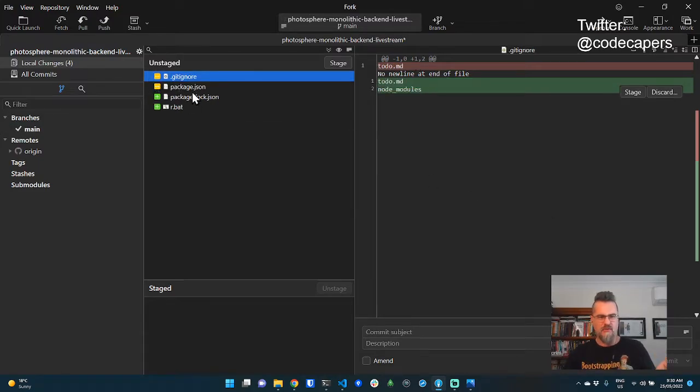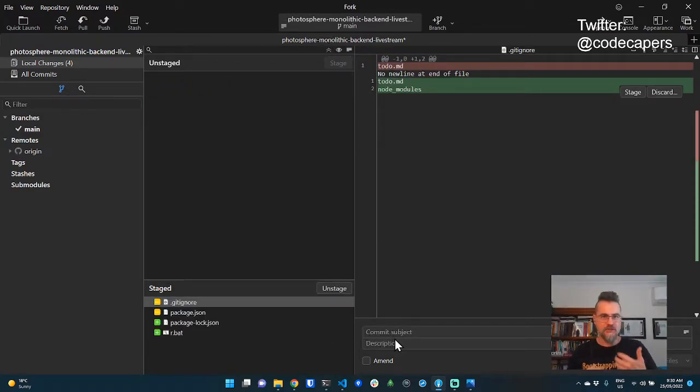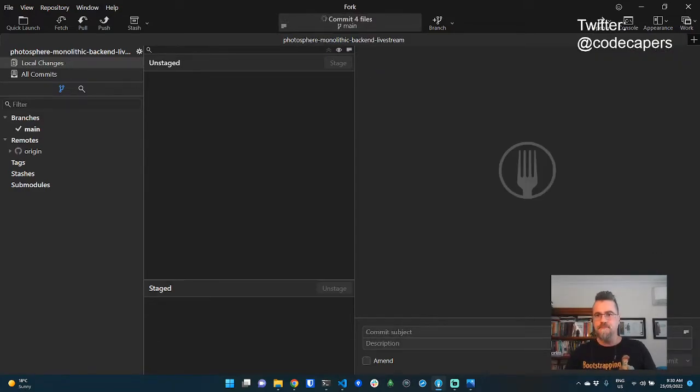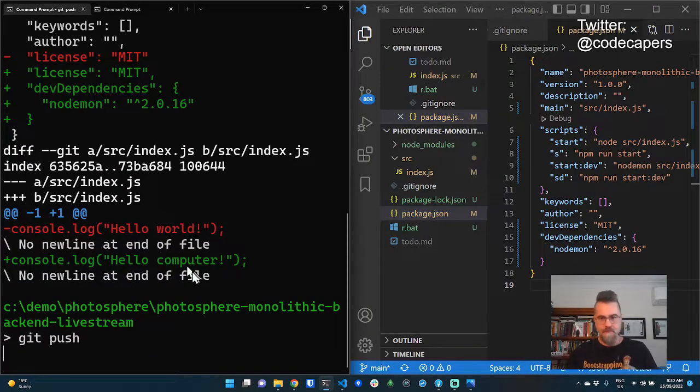What I really want is the r.bat and the changes to package.json, where I installed Nodemon and put in my other scripts there and my aliases. This is almost a complete project setup, really. It's the starting point for my application. So I'm just going to commit that. Push him.